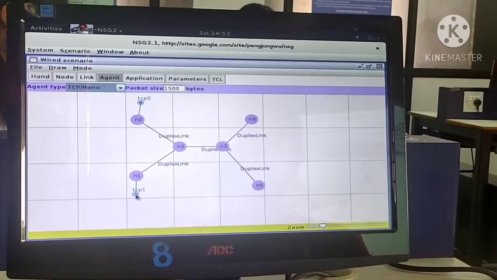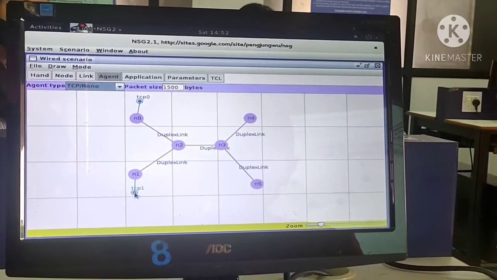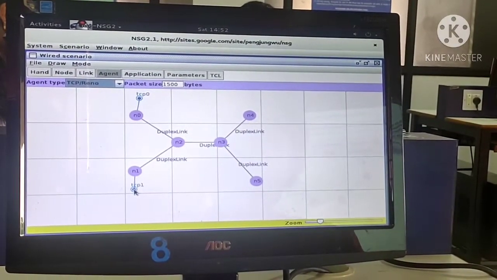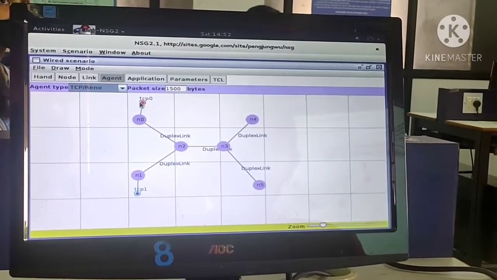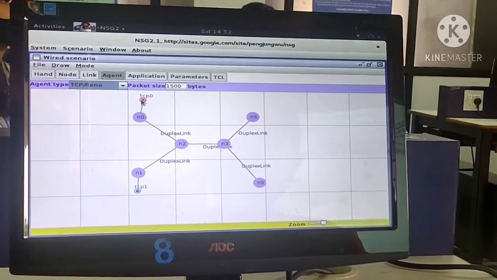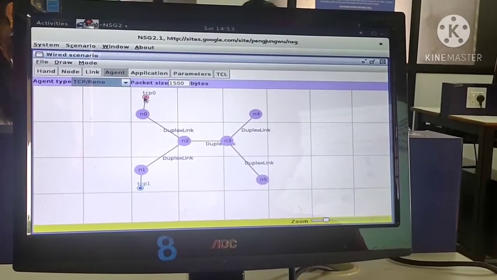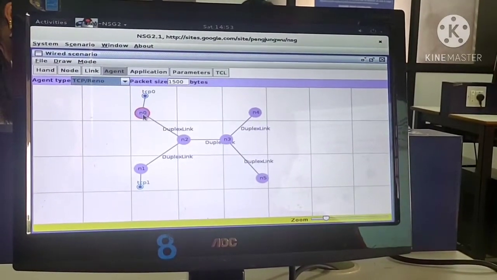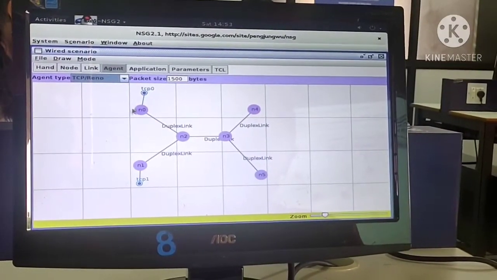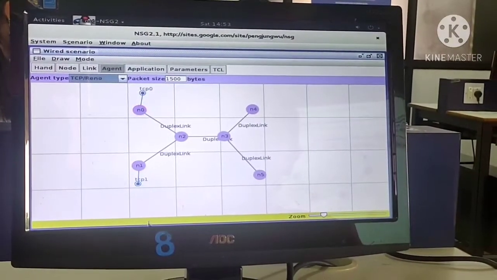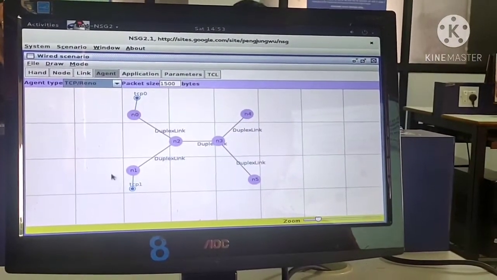So in congestion control concept we have three stages: slow start, congestion avoidance and fast recovery, where all the three stages appear in this TCP Reno, which we are comparing with normal TCP. Normal TCP has only two stages: slow start and congestion avoidance, no fast recovery. So let's compare this node N0 transferring packets to N4, how the congestion is controlled here. Let's compare that with the node N1 packet transmission to the node N5 via TCP Reno.